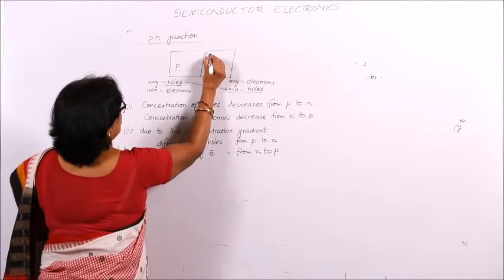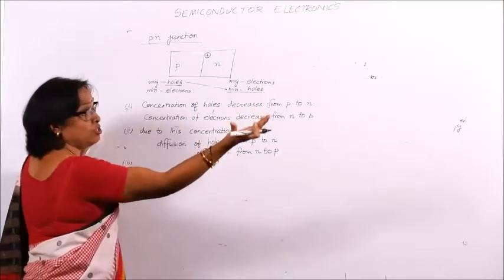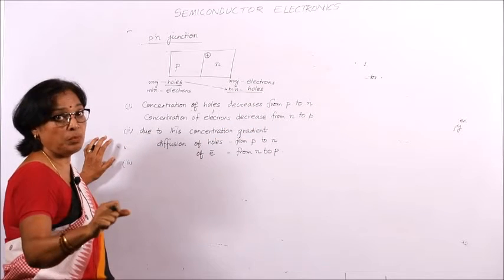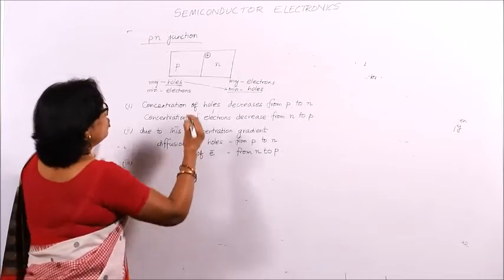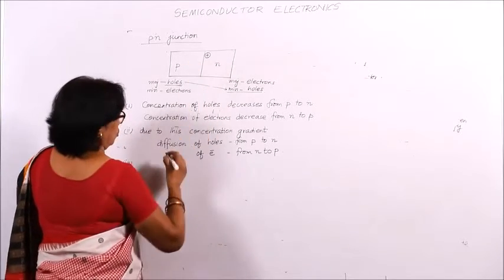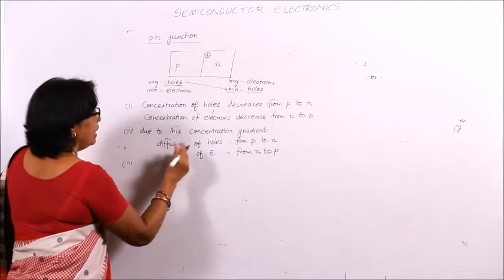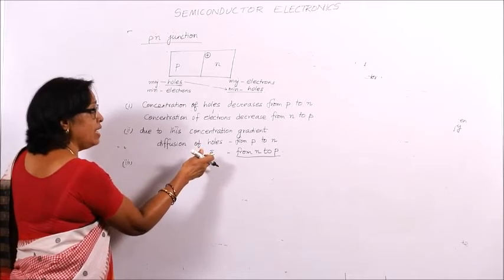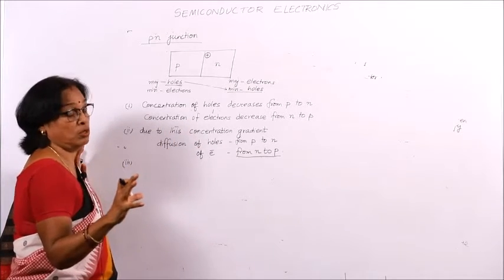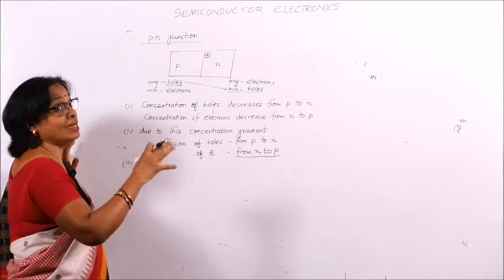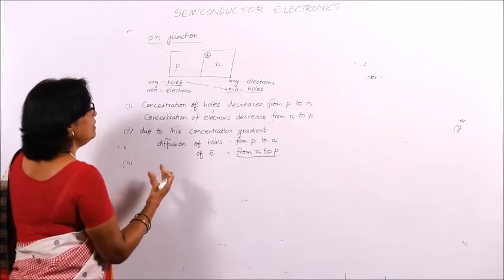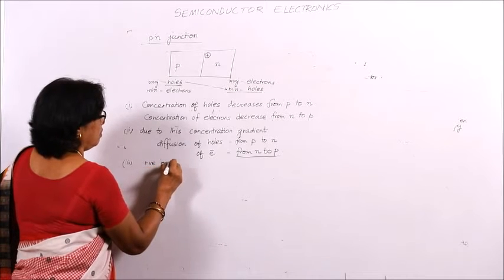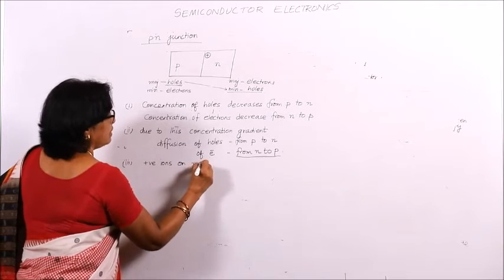Because it has lost an electron, it was naturally neutral before, but now with one less electron, that atom becomes an ion. So what happens is that because the electron has come from n to p, the atom becomes a positive ion, and where a hole has come, that becomes a negative ion. So in this case there will be positive ions on the n side of the junction,